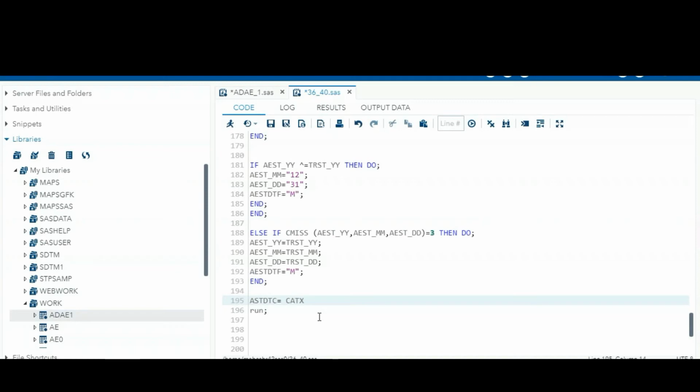Okay, so CATX of dash, of strip of the year part, comma, strip of the month part, and strip of the day part.